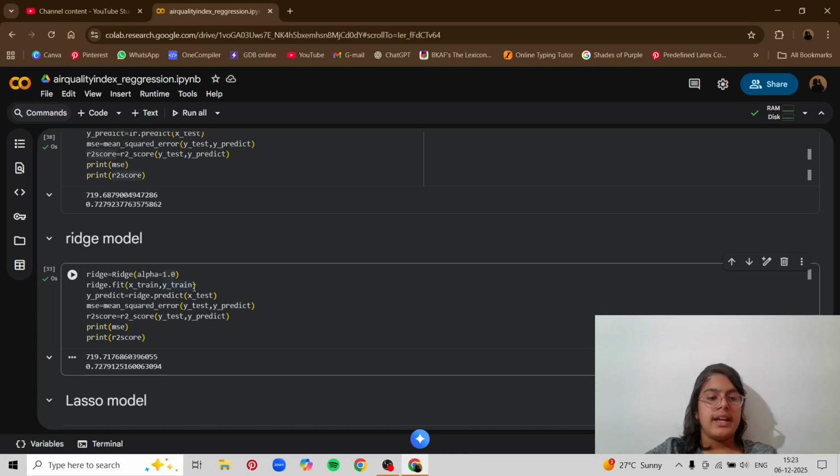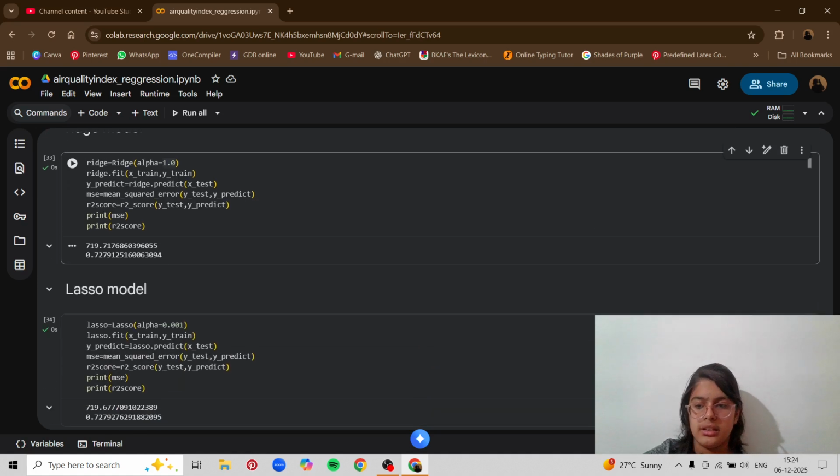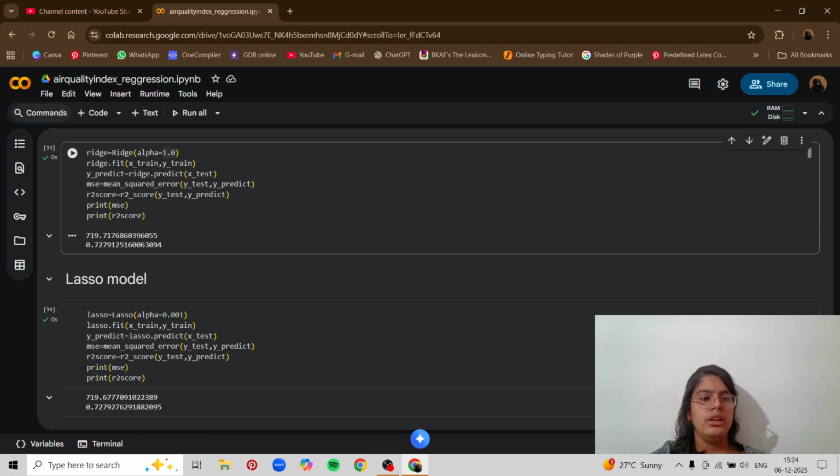Next, I fit it with X_train and y_train, and then I've done ridge.predict, and then I found out the mean squared error and R2 score. So this is the same for all of these models, but I'll still explain it. So in the ridge model, you can put the alpha as 1.0 for a moderate output, and then the next model is the lasso model.